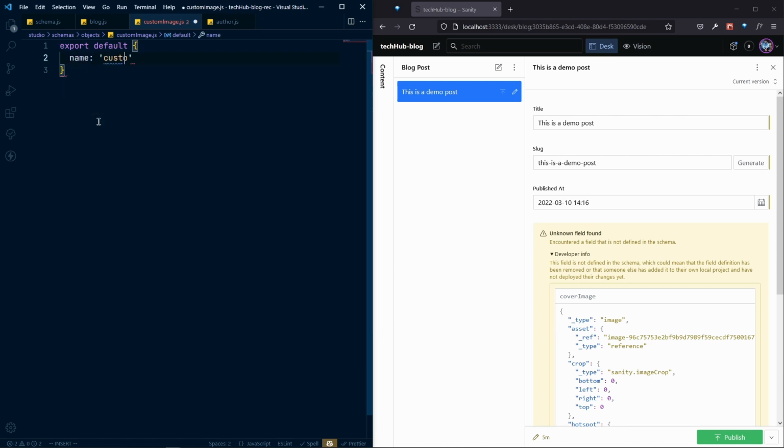So name will be custom image. Really important thing we need to actually do, which is the name. This is for our internal use, and also the title will be the image, and the type will be the image, and here icon, let's say that we need to have the import